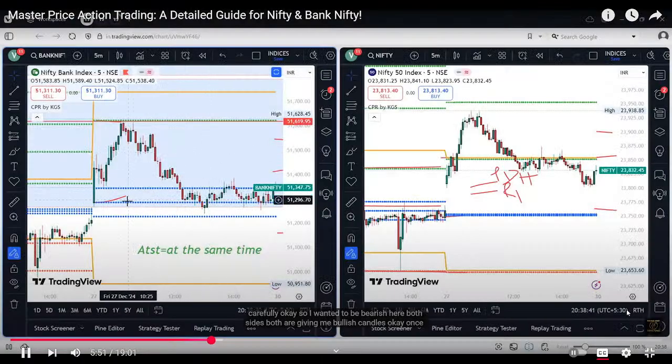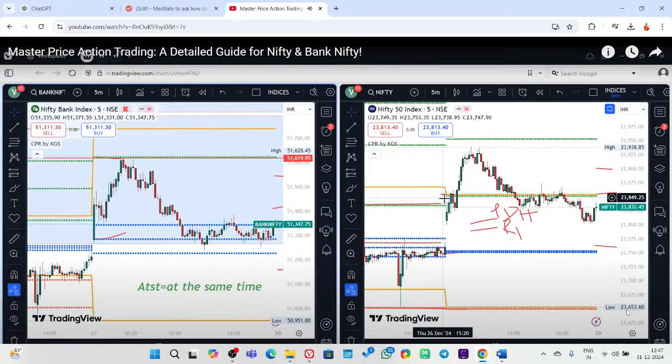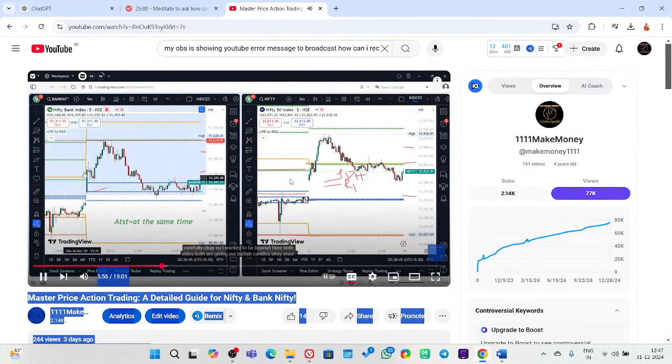Okay, so I wanted to be bearish here. Both sides, both are giving